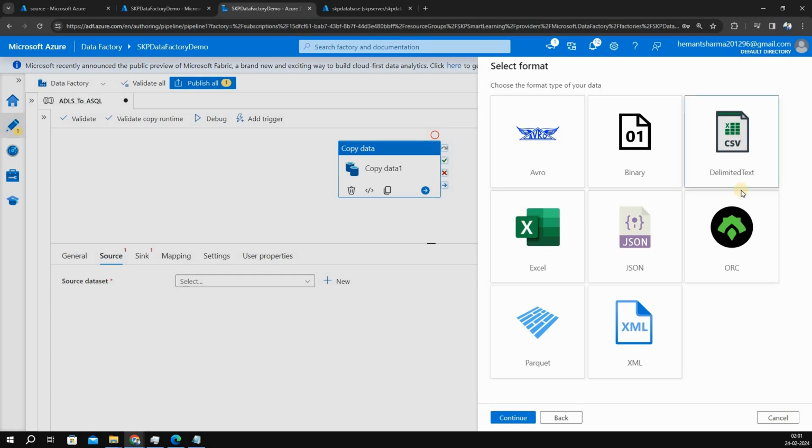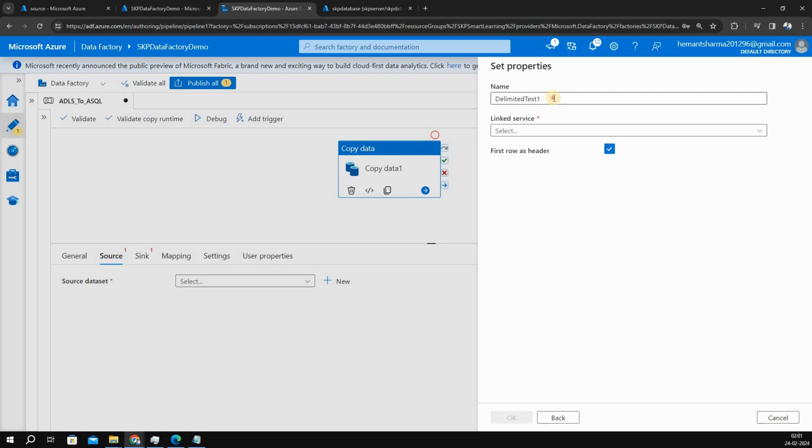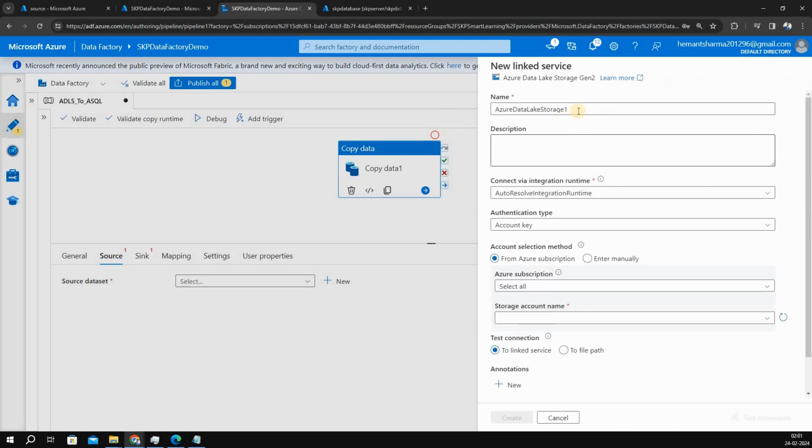The file format is CSV, so I'm selecting delimited text, continue. The dataset name is dataset source CSV. For the linked service, I'm creating a new one, LS source